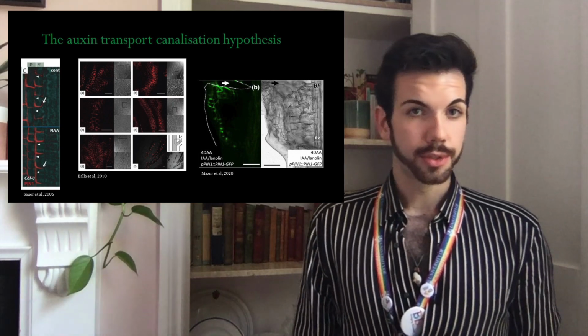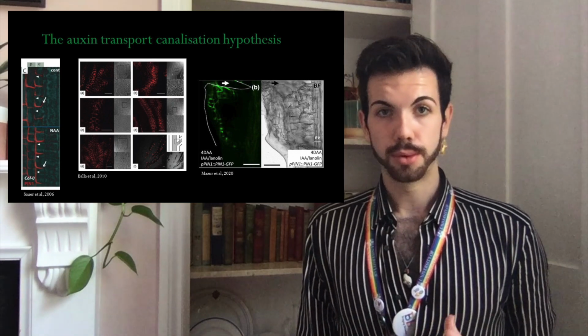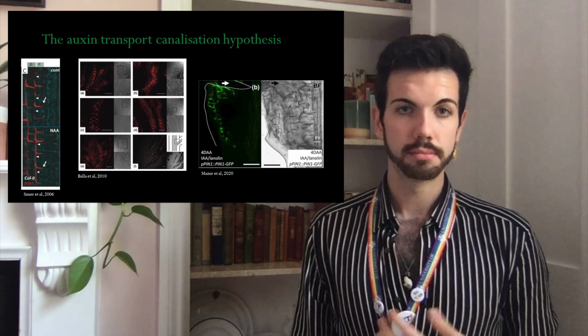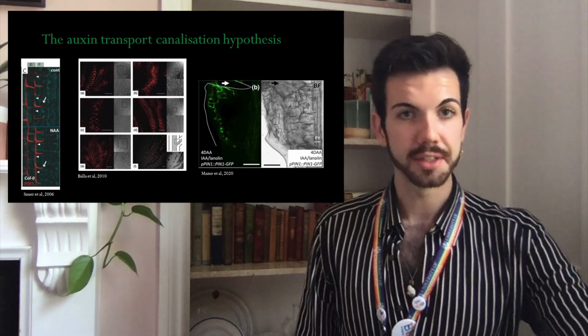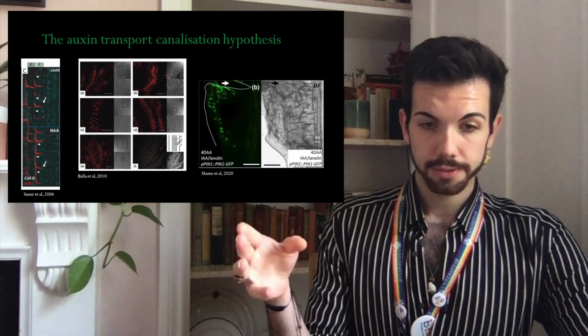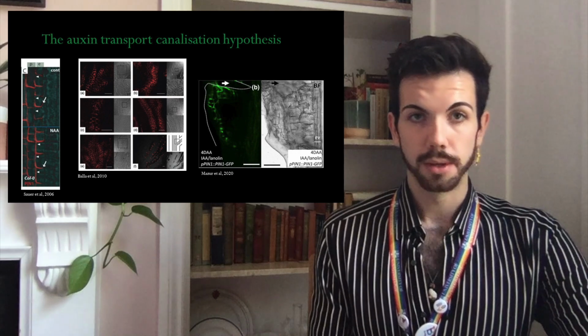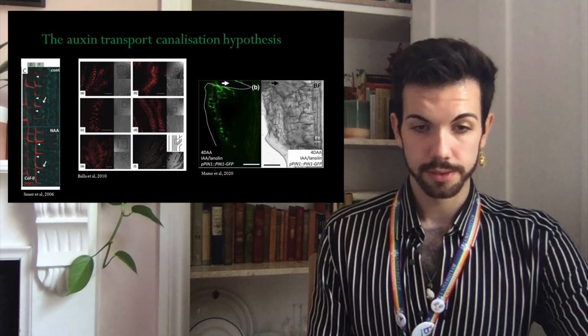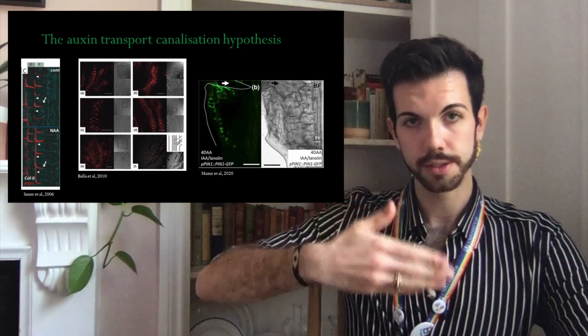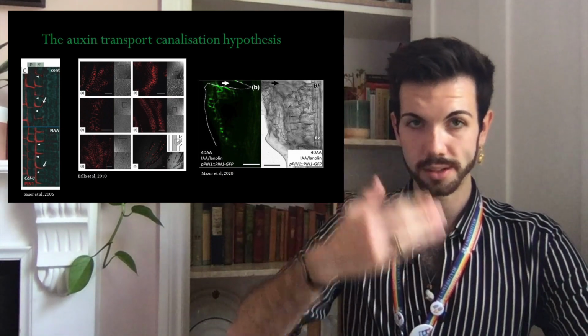So I'm just going to talk you through a little bit of evidence to support the auxin canalization hypothesis and make us feel a bit more confident that there are some good ideas behind it. So the first piece of evidence is on the left, which is from a paper by Sauer et al. 2006. This is a section through a stem, through the vasculature of a stem,